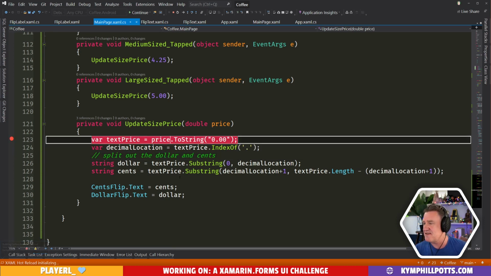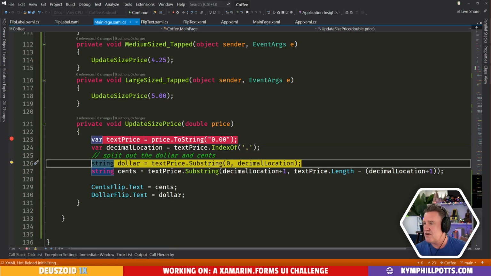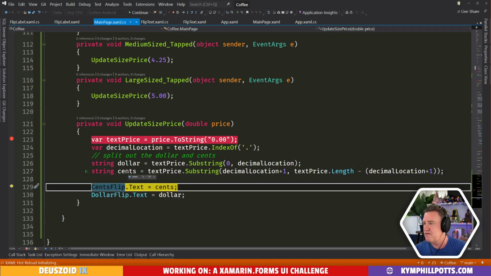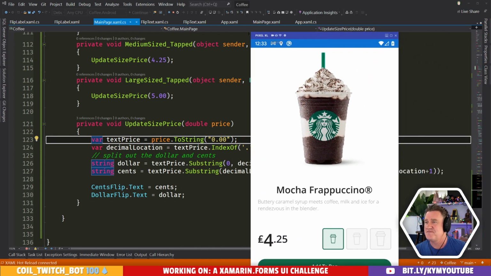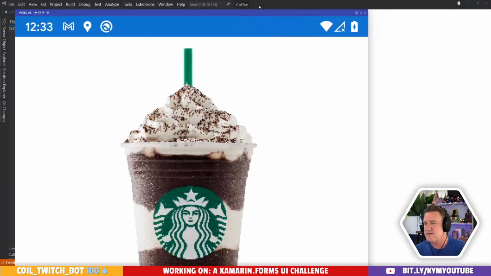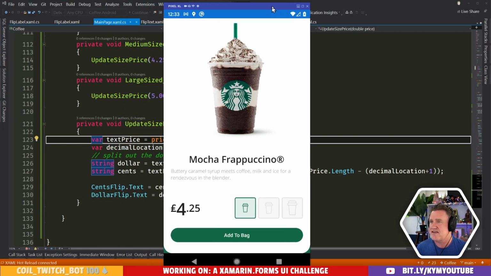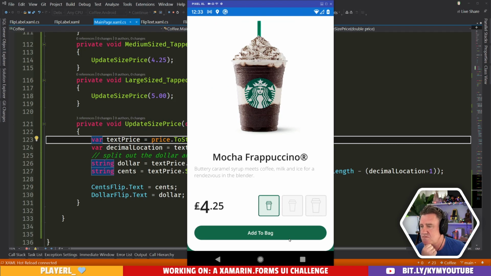Let's have a look. See if we got it right this time. Decimal location is at 1. The dollar value is 4. The cents value, oh yeah, it's 25. All right. Let's see what this gives us. This is why UIs are so expensive. Oh, I did it again. It takes so long to get any of this stuff working. All right. So 325, 425.